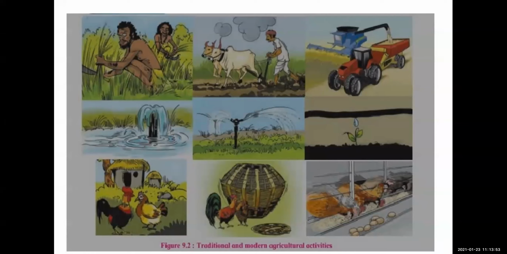So now these are traditional occupations and allied activities in agriculture. Here we will study animal husbandry, children. What is animal husbandry? Rearing different animals, taking care of them, and obtaining various products from them for subsistence is the core of animal husbandry. Where different animals are taken care of and we obtain various products from them, that is called animal husbandry.